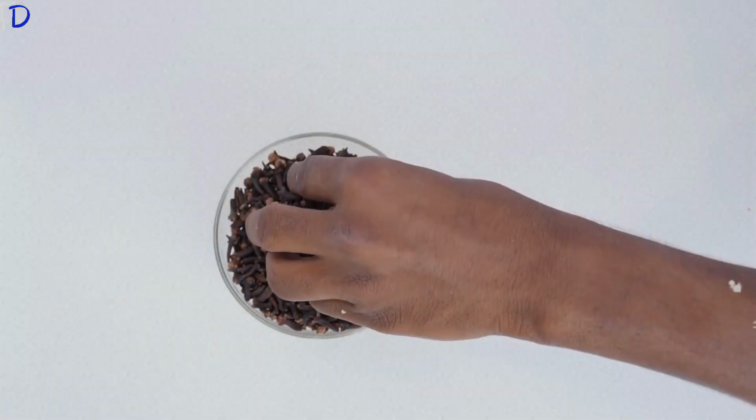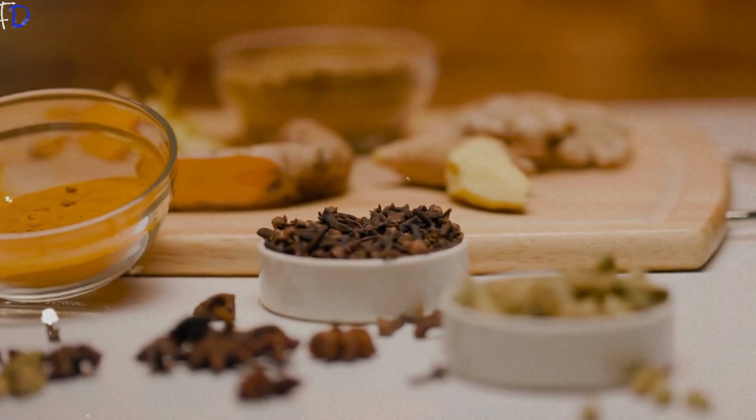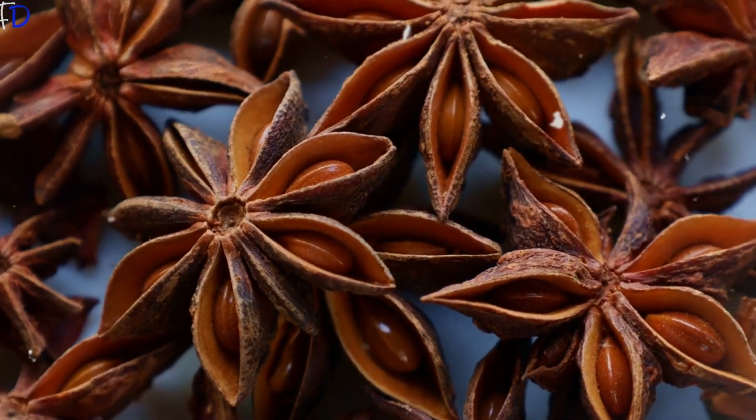look. Cloves are an amazing natural remedy with tons of health benefits. However, many people aren't sure about the best way to use cloves to improve their health. Just taking 3 cloves can provide your body with all the goodness it needs, assuming that they are consumed as